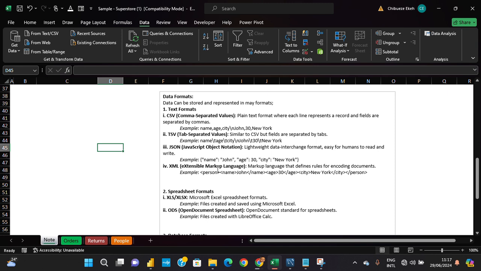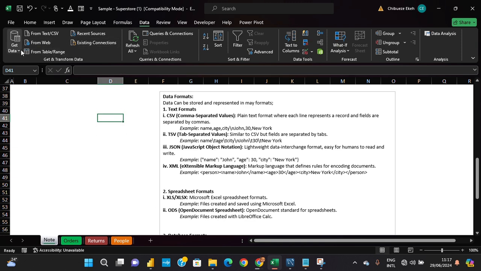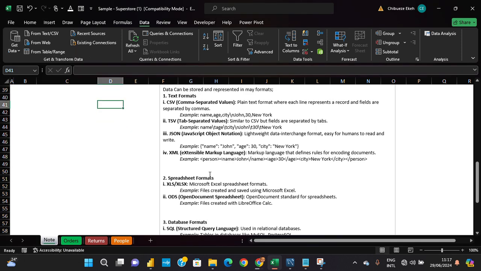This XML is extensible markup language. So XML, JSON, TSV, and CSV, they are all text formats. Because when you click on get data and you see from file, you see all of them. XML is a text format, JSON is a text format, CSV is a text format. You get. So the next is